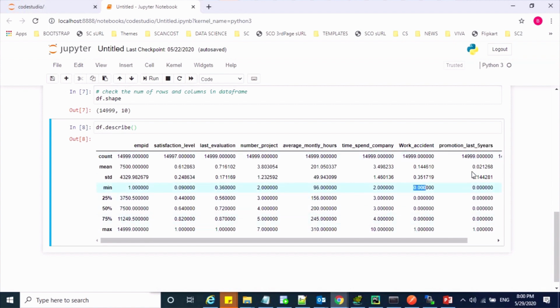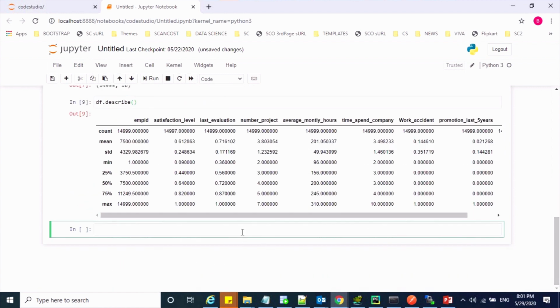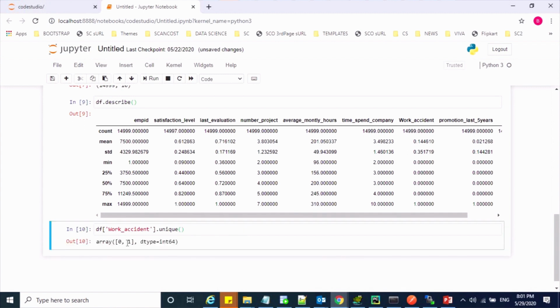It seems these two features have values only between 0 and 1, so we will see what unique values they have. First we'll try the work accident, using the unique method to find all the unique values of that feature. This is the command. You can see 0 and 1. Basically 0 means the employee did not have an accident, and 1 means the employee had an accident. So these are categorical values.